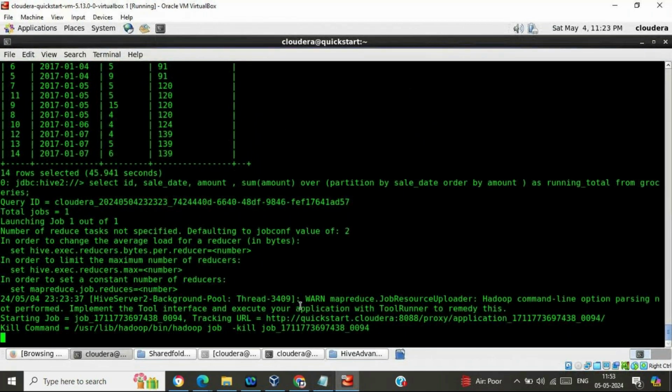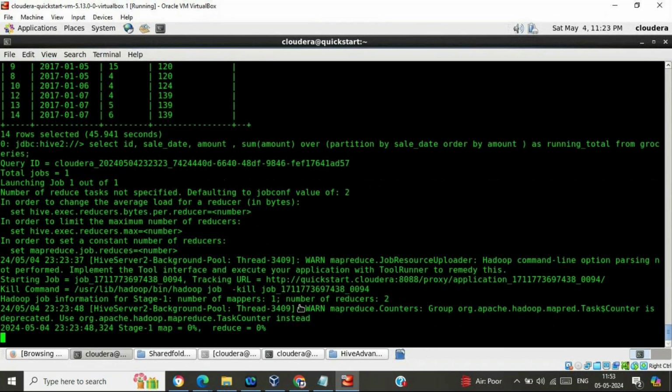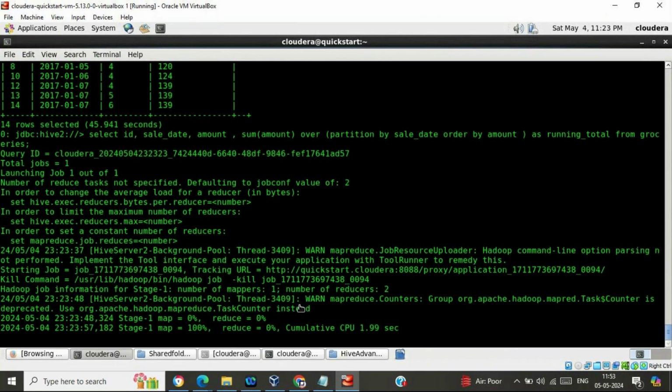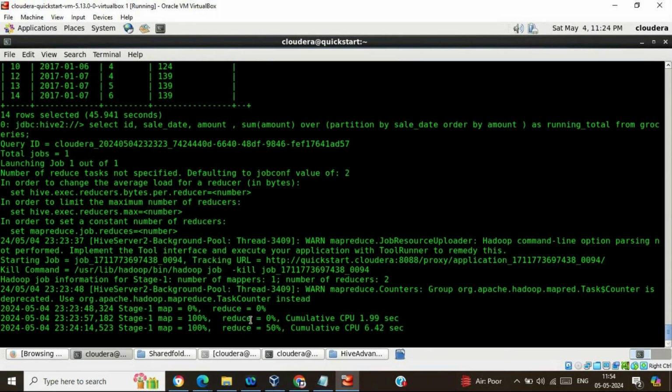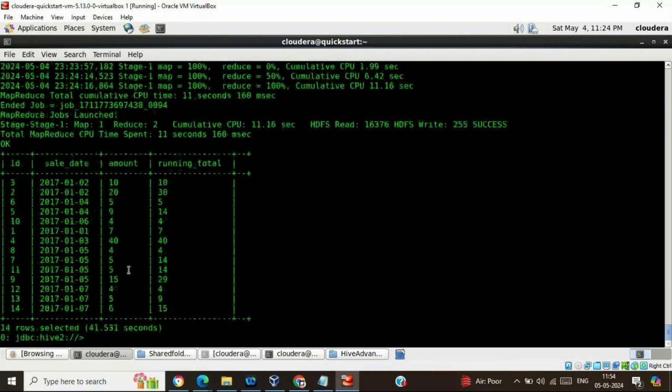Based upon the use case that you are going to solve, you need to think and apply this particular windowing functionality accordingly. This is the job tracking URL. You will be able to track this particular job from here. You just click it. It will provide you all the details from the logs perspective. To reducer, and this is the outcome. So what we have done,